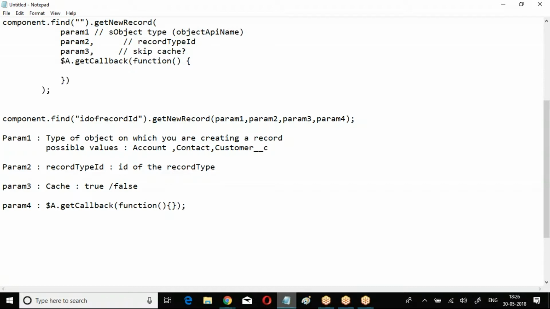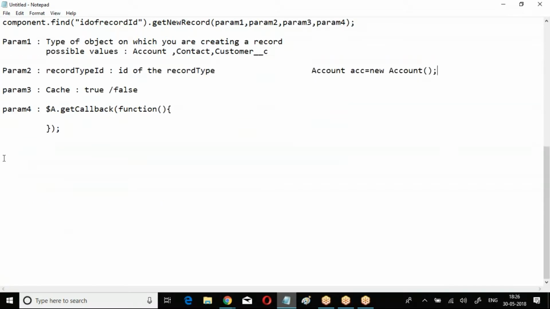Now, in the get callback, look at the point. Now, we are creating a new record. When you create a new record, what happens? I am not inserting the data. I am simply creating a record like this. My intention was to create Account acc equal to new Account. That's all. When I say Account acc equal to new Account, then only the VF page or lightning page can use acc.name, acc.phone, acc.industry. Am I right? Boss, if you are creating any VF page,